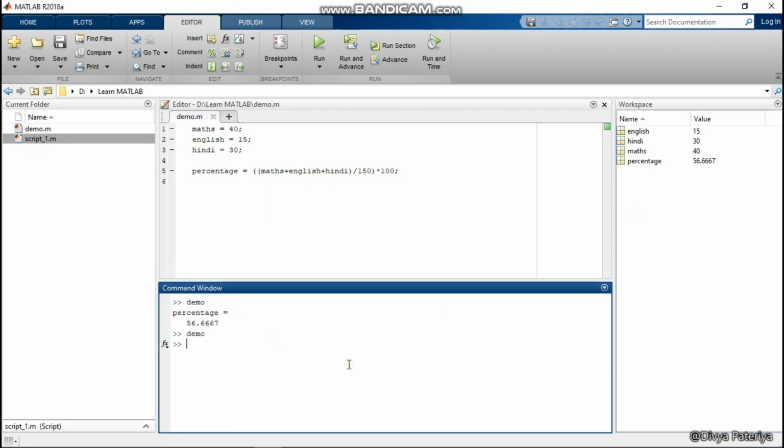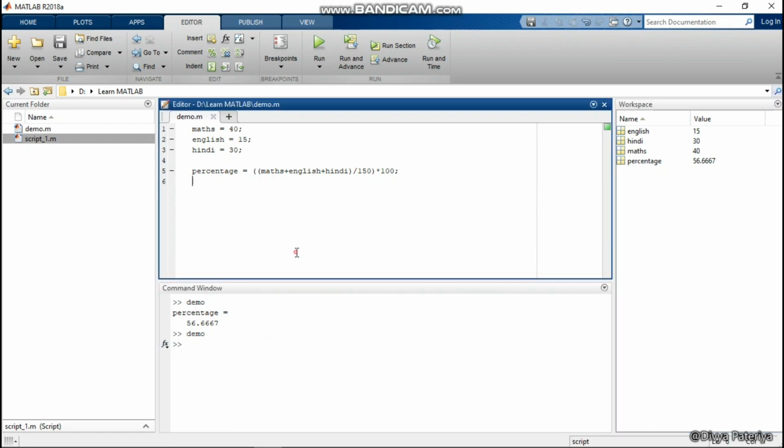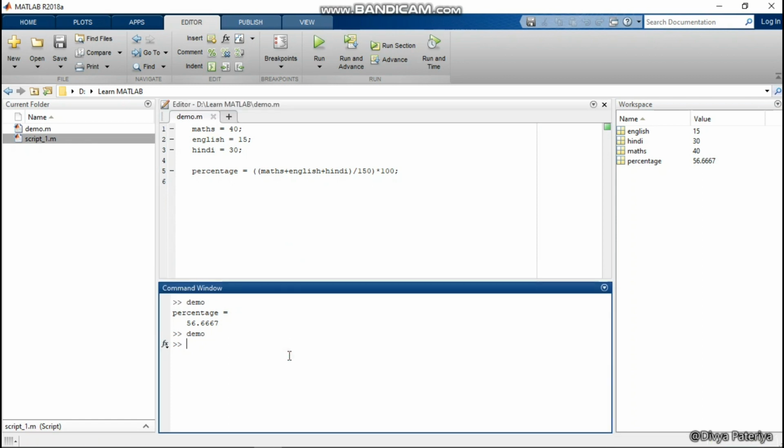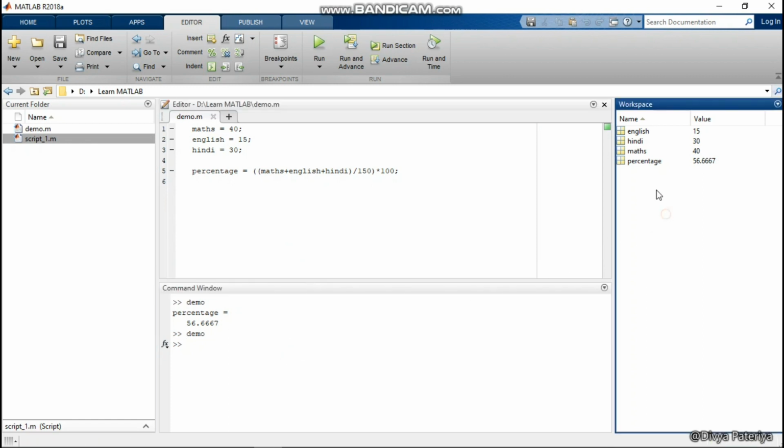So one thing we can notice from here is that a script file and command window share the same workspace. Whatever variables we create inside the script file or the command window, it will be saved inside the workspace.